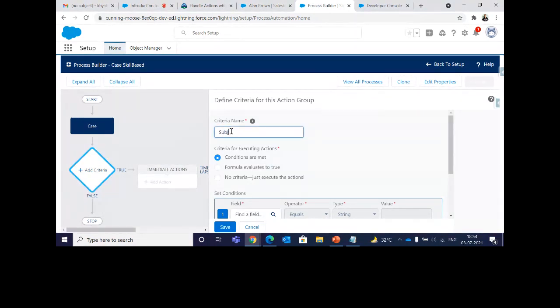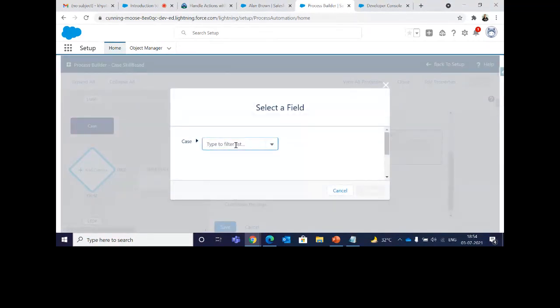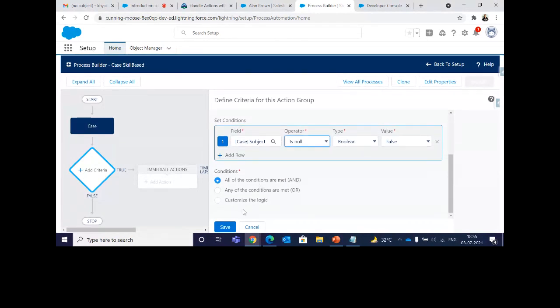I'll give subject should not be null. If the subject is null, how will I fetch which skills are needed, which agent is needed? So I'll give the criteria as subject is null, false, and click on save.